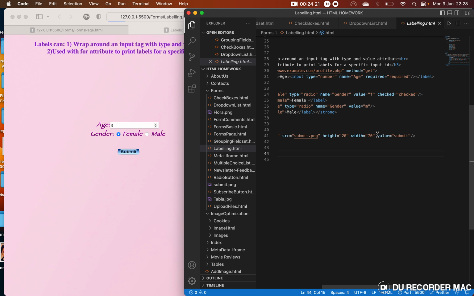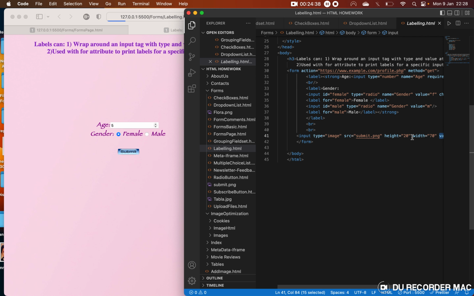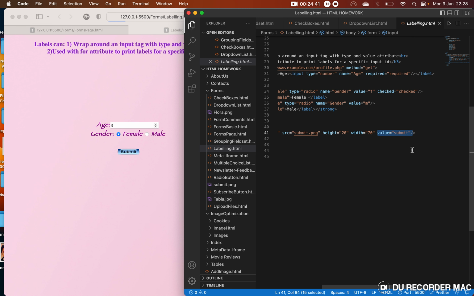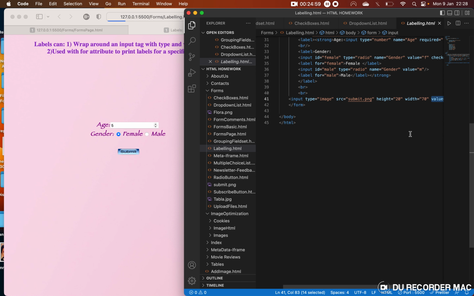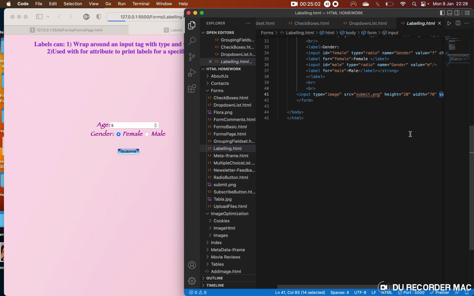And then obviously absolutely don't forget to write the value for the value attribute. So you need to assign values to the value attribute before you forget. So although this is an image, you must remind that this is a submit kind of a value, so that the form understands that you are associating this image with submit. So the value has to be submit in any case. And yeah,